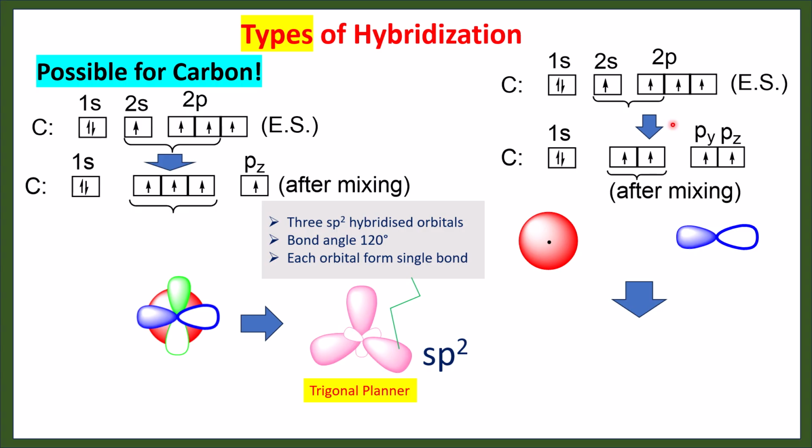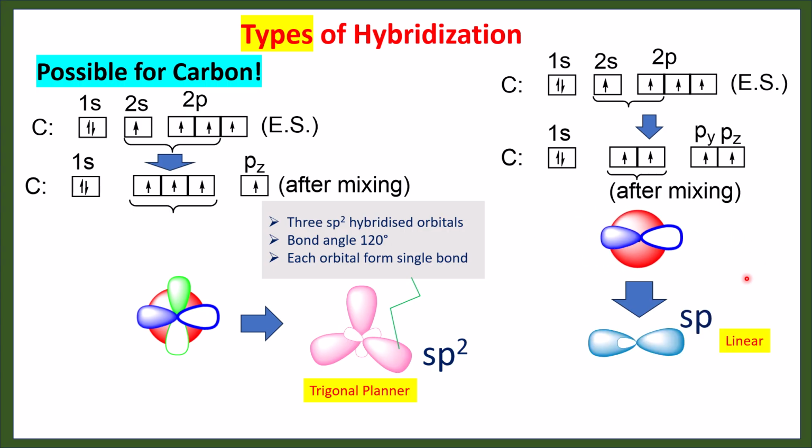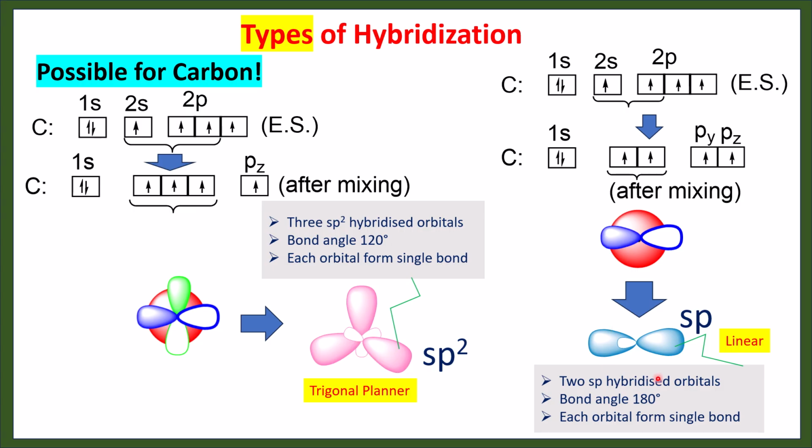We could see another possibility. If 1 s and 1 p are mixed, then sp hybrid orbitals can form this way. So this is the linear shape, sp, and the bond angle is 180 degrees, and each of these orbitals is of equal energy and